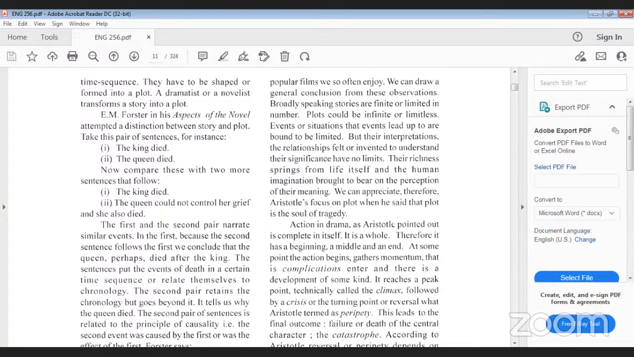Action in drama. आता जसं की ऍक्शन कशी घेतली जाते. Action in drama, as Aristotle pointed out, is complete in itself. It is a whole, therefore it has a beginning, a middle and an end. At some point the action begins, gathers momentum, complications enter and there is a development of some kind. It reaches a peak point technically called the climax,